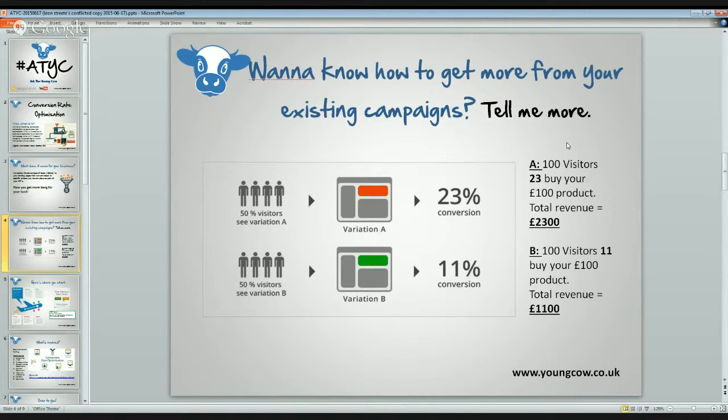So, as we were explaining, if you've got traffic already, but you can increase conversion rate, it simply means that you don't have to invest any more into your marketing, but what you do invest in is how to tweak things to get better conversion. So, whether it's people buying or whether it's people filling in a contact form, whatever your call to actions are and what you're testing as your kind of conversion goal, this is what we want you to focus on. And so this graphic is simply to explain that.